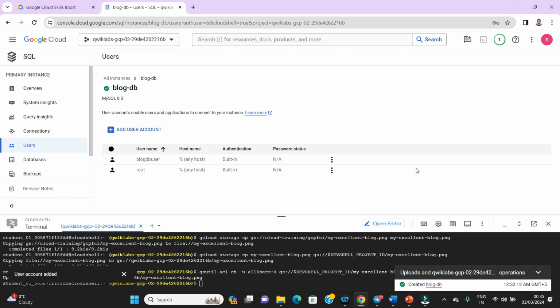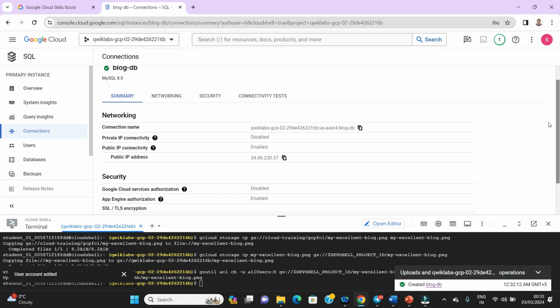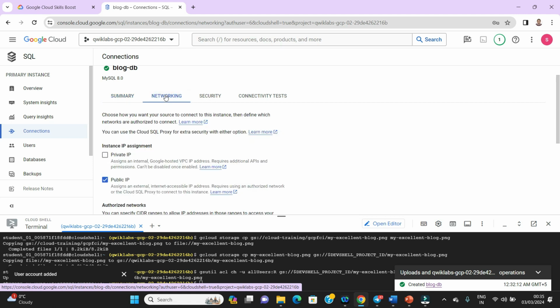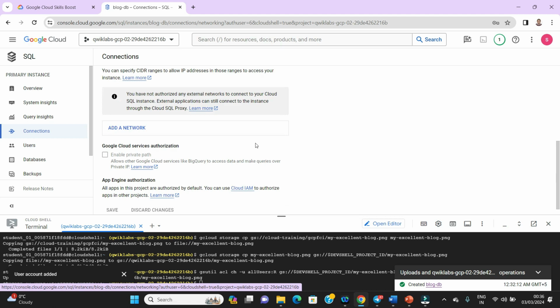We have to add a network which will make us connected with our database. So you can look at this networking, and then you can click to add a network here.